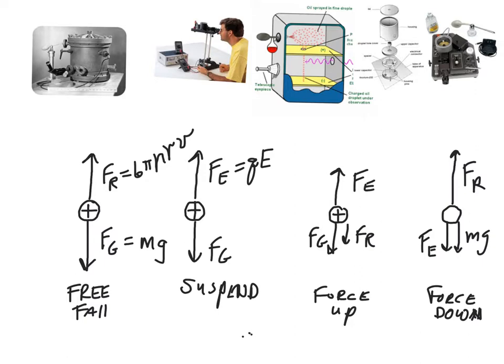Now we discuss the physics. So keep in mind there are 4 different situations that you want to understand. The first is the free fall situation. That means the 2 plates are shut off. There's no electric field. There's no voltage across the plates. There's no electric field between the plates. And the object falls at a terminal velocity